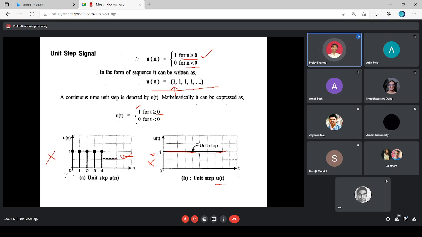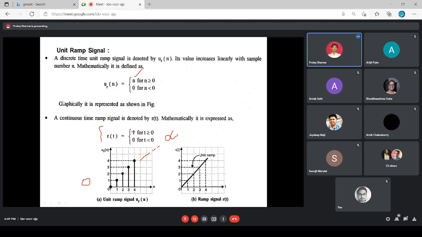If the signal is discrete, for n greater than or equal to 0 we have sample values of the signal, but for n less than 0 there are no sample values. So the unit step signal is like that, and the amplitude is again 1. If it is multiplied with any signal, it can only make the signal causal; amplitude-wise or characteristics-wise, nothing else changes. It can make the signal causal, but other characteristics remain the same.